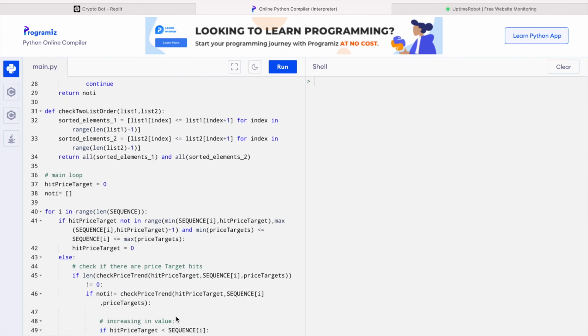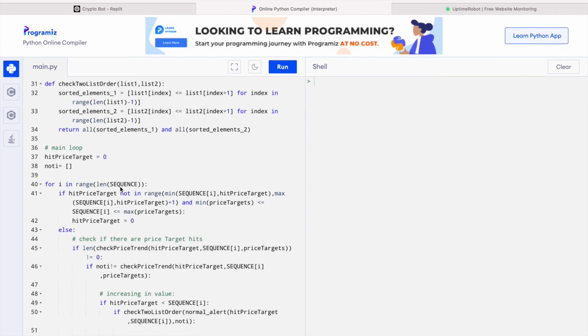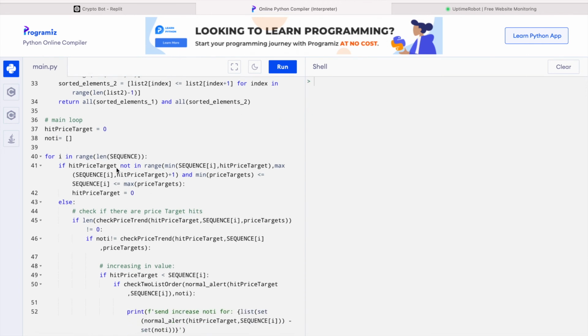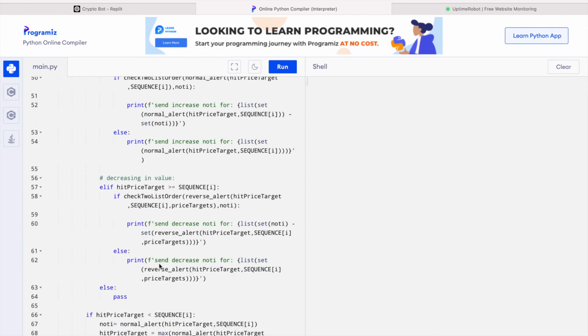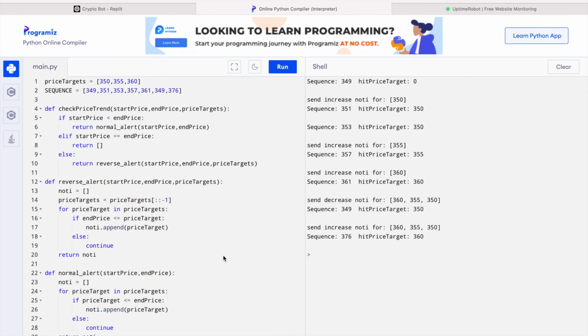So I won't go through all the nitty-gritty details inside the main loop, but I will just print out the output to let you see. So the sequence 449, it won't send any notification. When it first passes 350, it will send an increased notification, and the second time it passes 350, it won't send any notifications.